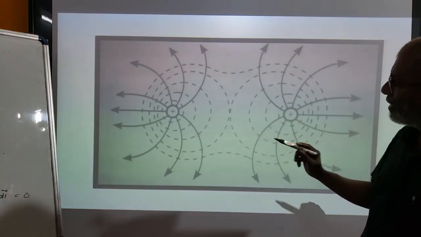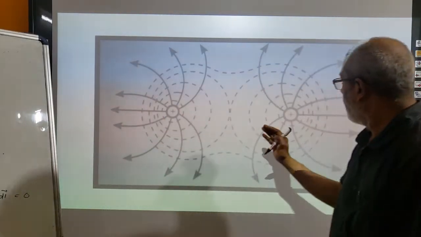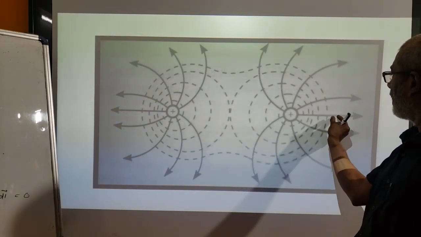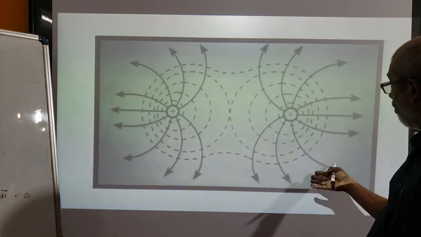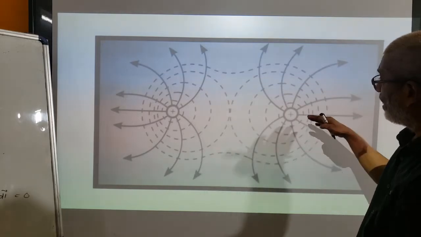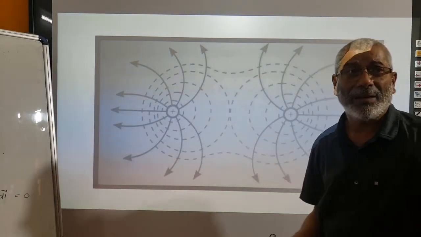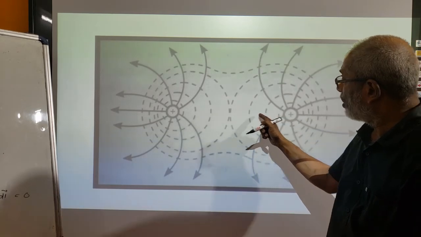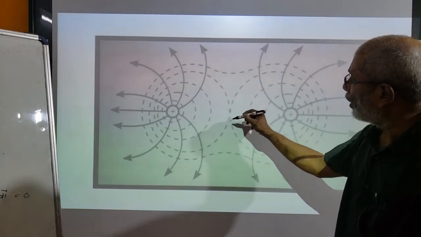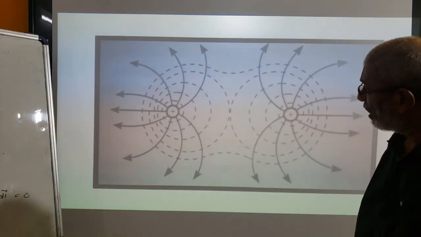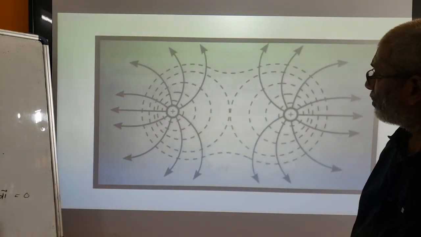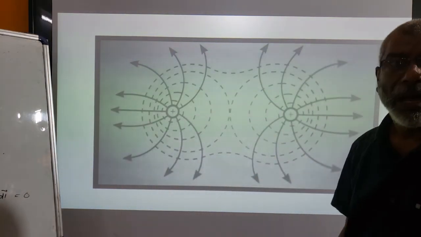In this case, what you see is that on this side and also this side, the space between the equipotential surfaces is less. Why? Because the field lines are more on this side, and here also more on this side. But inside, between these two charges, the field lines are very scanty, very rare. Hence, the intensity of the electric field in this region is less. That is why the space between the equipotential surfaces goes on increasing. So this is a genuine method of drawing equipotential surfaces on paper. Students can change positive to negative and repeat the same.